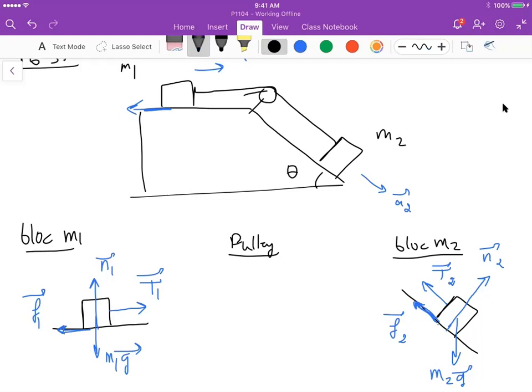And we know that as long as M2 is moving downward, the pulley is making a rotation about its central axis. So if we look at the pulley, it is rotating about the point passing through its center. So if we want to draw the forces acting on this pulley, we will have at some point